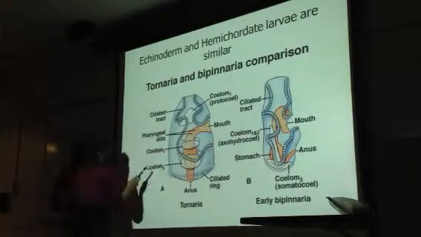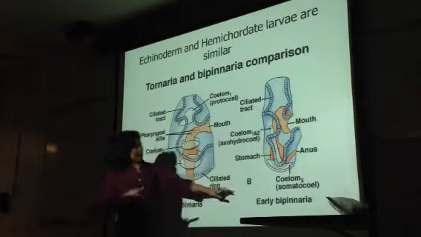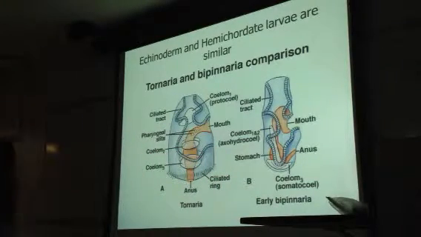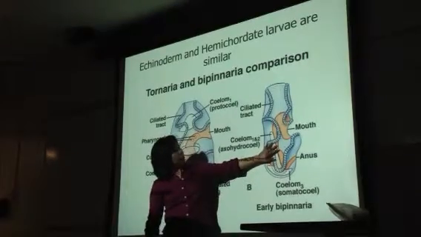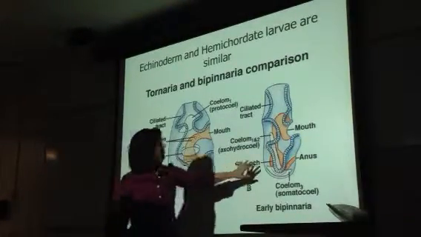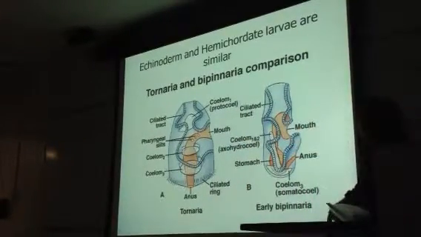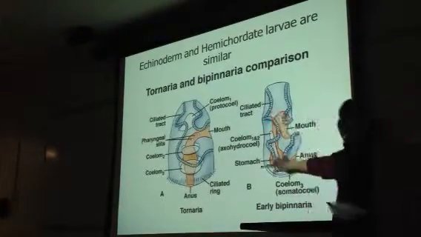So what you see here are 2 different larvae. This one, do you remember what this one is? The bipinnaria larva? What will that eventually develop into? Sea stars, right? The class Asteroidea. So this is an example of an early sea star larva here. And again, just like I've told you before, I'm not expecting you to memorize all these different parts, different stomach and ciliated tract. That's not my point